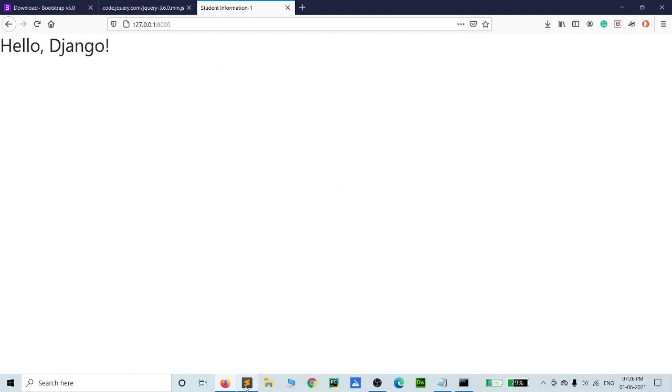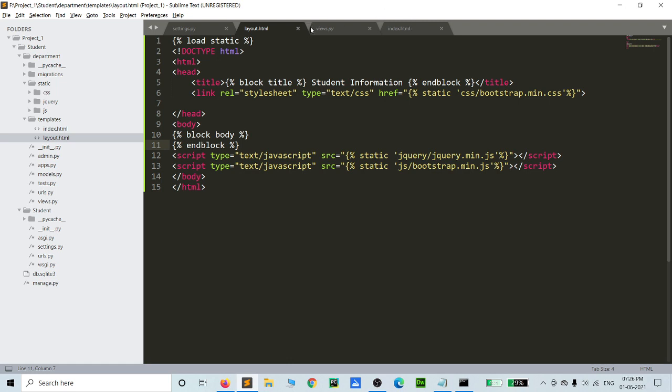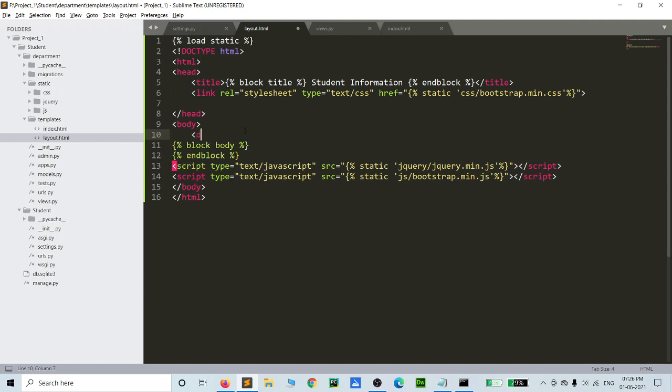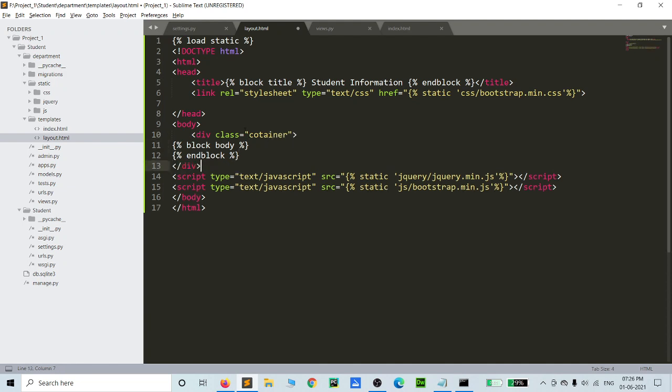So when you go inside our layout.html, inside the body sections, we can include some CSS for the container. Okay. So the block body sections are inside the container sections.